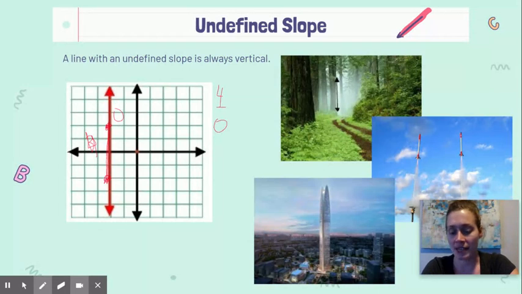Siri has a really good example for this. For those of you with iPhones, I don't know if you've ever asked Siri to divide by 0, but if you did, she has several different responses, so you might have to try a few times. Don't do it now. Your phones should not be out. Try it when you get home. But if you asked her to divide by 0, she does give one answer that's something along the lines of, if we had 4 divided by 0, that would mean that you have 4 cookies to share amongst 0 friends,